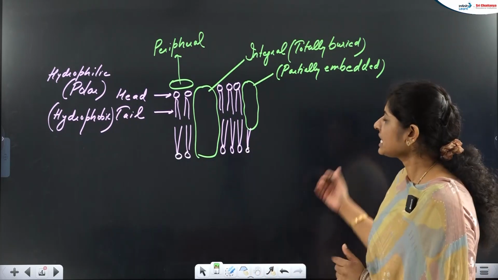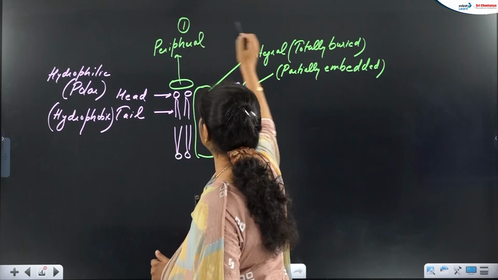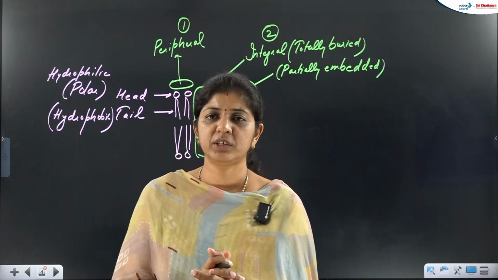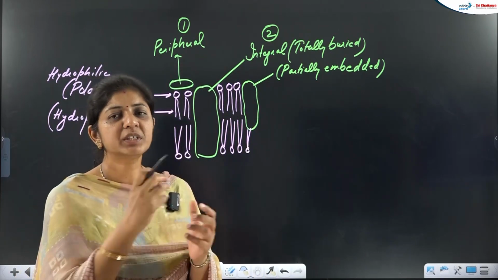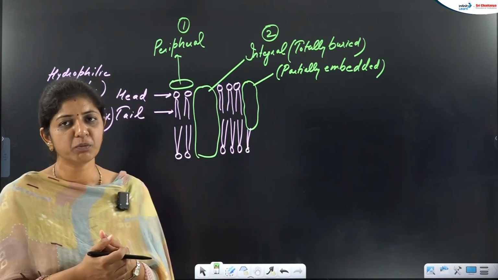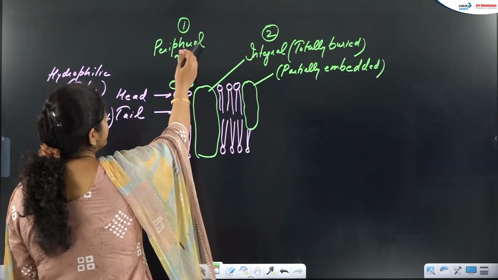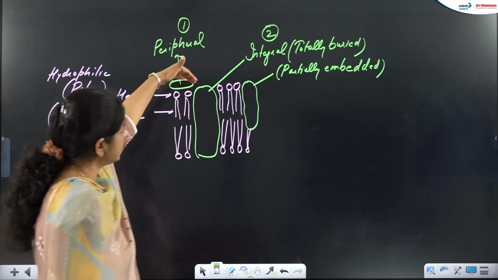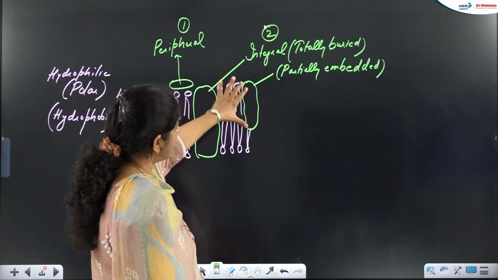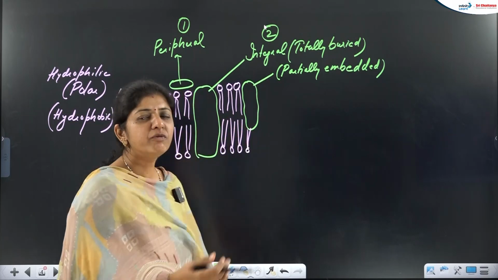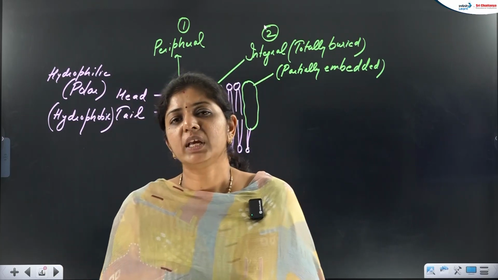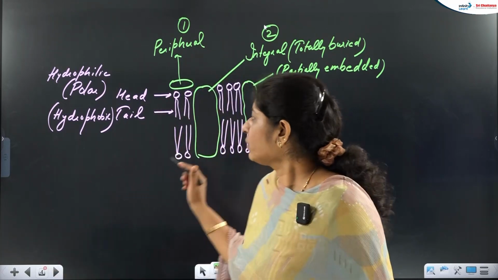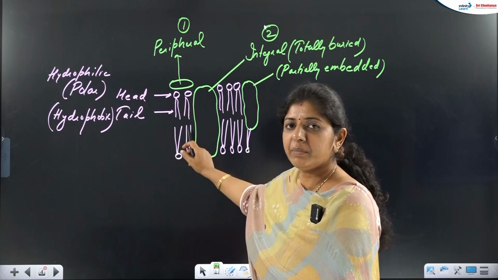So can I say proteins are of two types here? One is the peripheral, second is what? Integral, which is based on ease of extraction. Ease of extraction means when you are studying it, how easy it is to remove. Obviously the peripheral protein is easy because it is toward the outside. Integral protein, either embedded partially or totally, is tough to remove. So two types of protein are there based on the ease of extraction. And just now we have completed two of its components, lipid and protein.